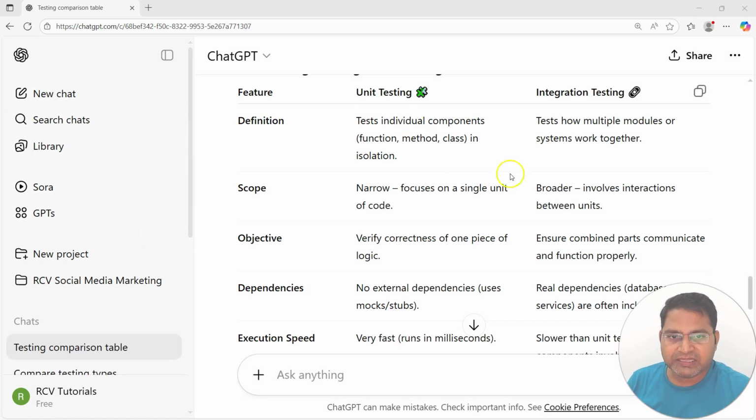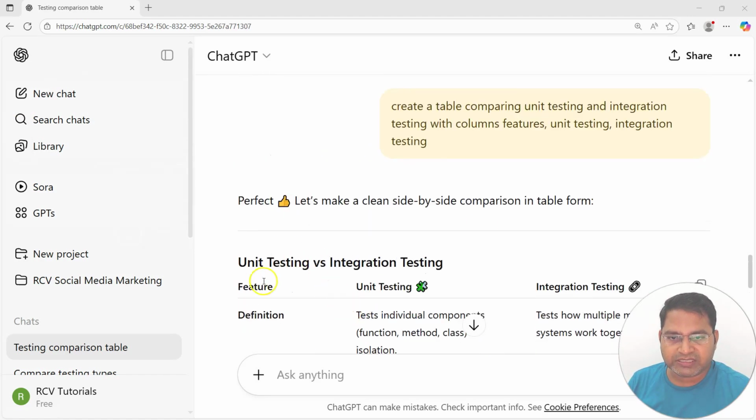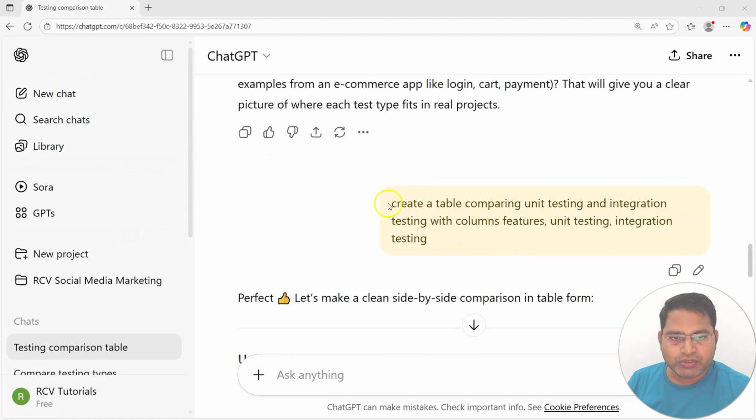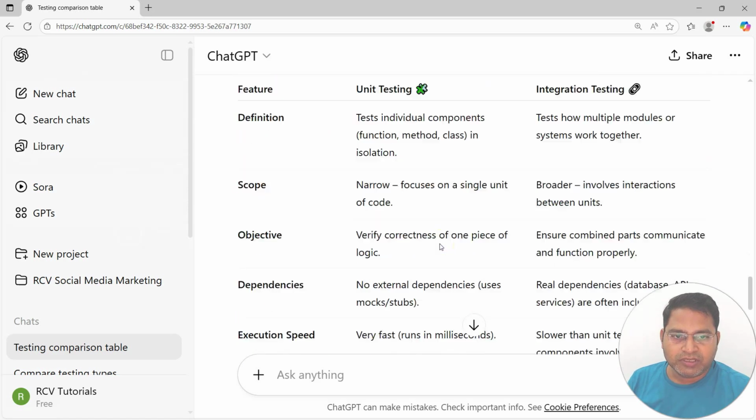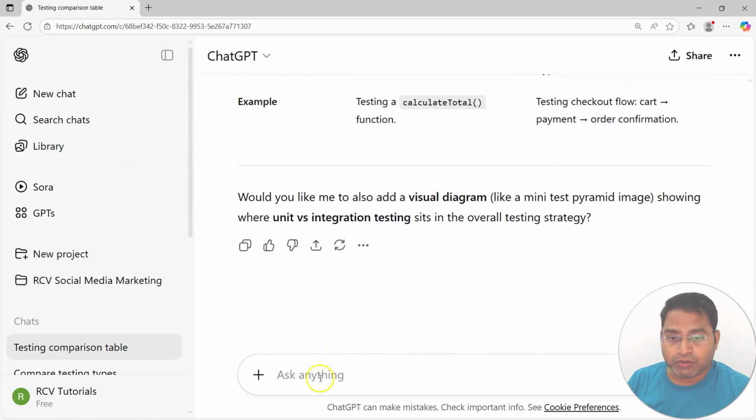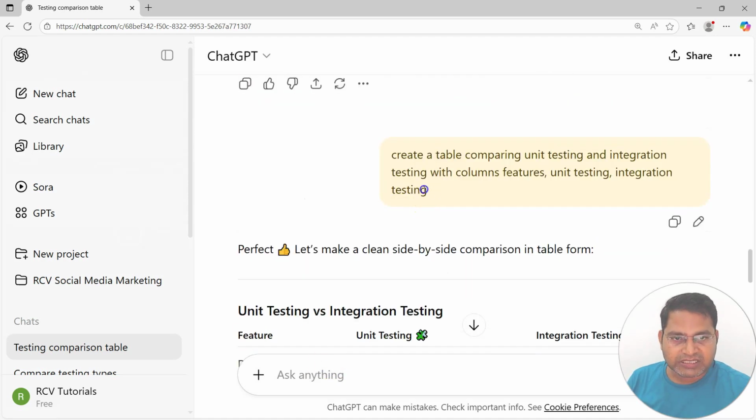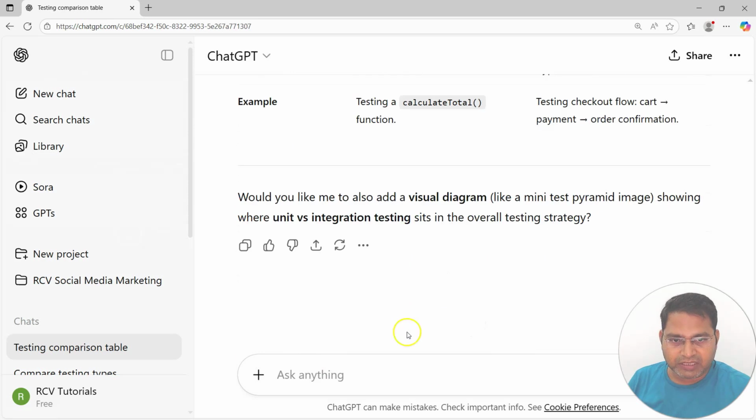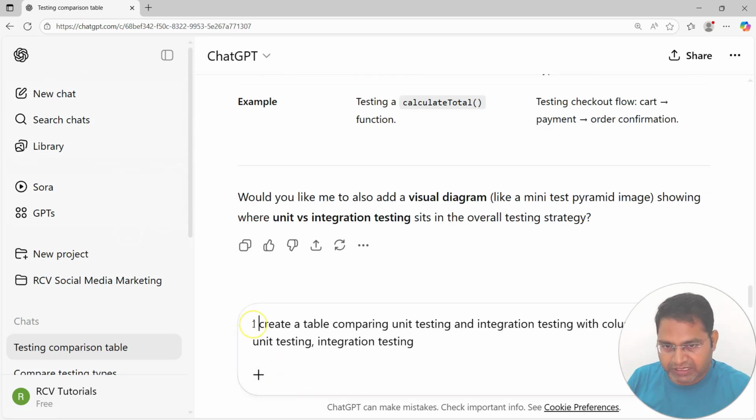When we say context, in the previous case I haven't defined the context. In this case I just asked to create a table comparing unit and integration testing. I could have also defined a context and role. So instead of just asking this in general, I can update this something like,